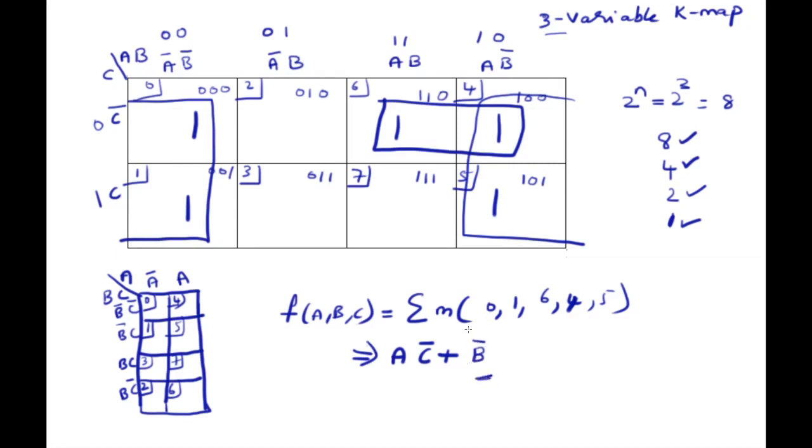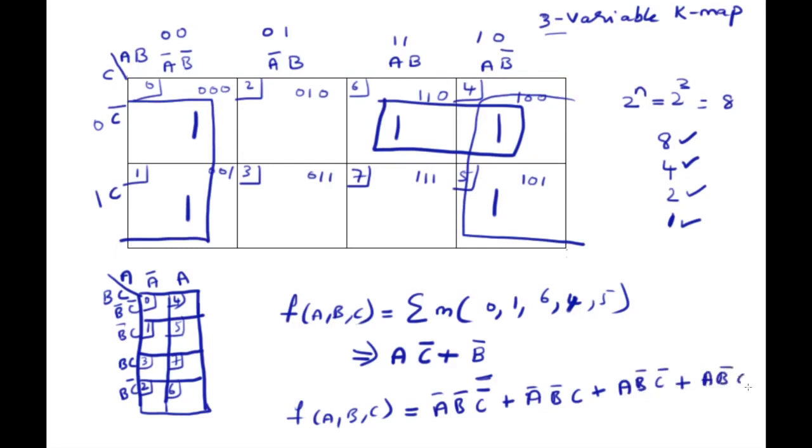Now the pattern of the question can be asked equal to, for 0, how can I write for 0? See, this is 0, so A bar, B bar, C bar. So they can also ask A bar B bar C bar plus 1. That means where is 1 over here? There. So how can you write 1? A bar B bar C, plus 4. This is a 4. So 4, how can you write? A B bar C bar. Next 5, A B bar C. Next you have 6. 6 can be written as A B C bar. So the question can also be asked in this way.